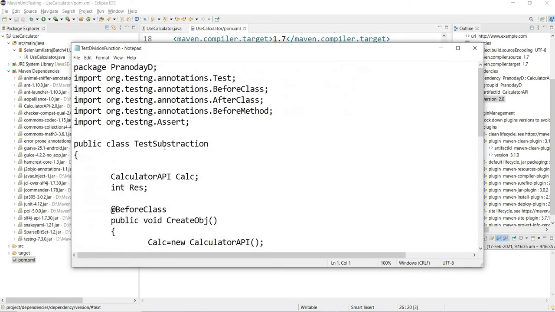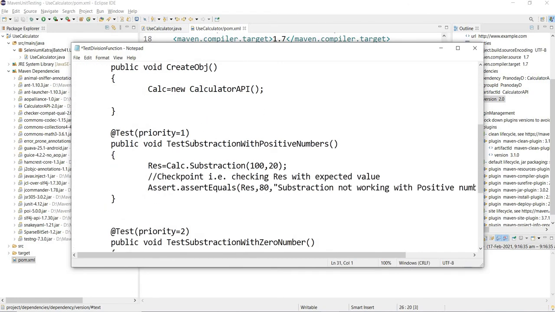Here I'll change the name of the class to division function, and here we will write a few test cases for division. So I'll say test division with positive numbers. So I will just divide 100 by 20. We will get the result, and we want to check whether it is 5 or not.